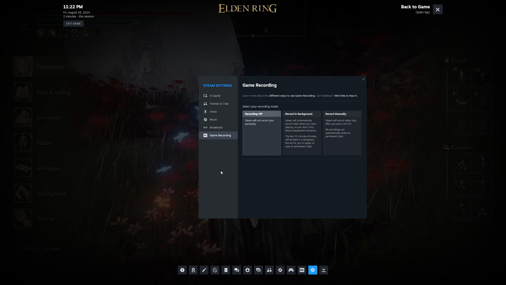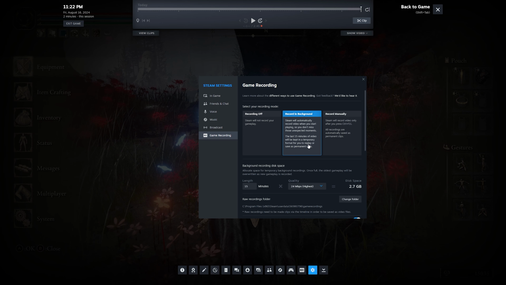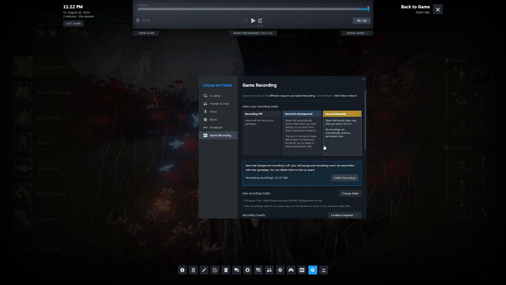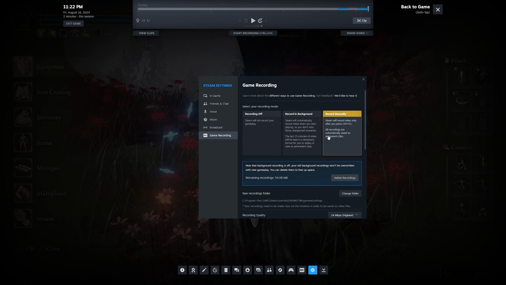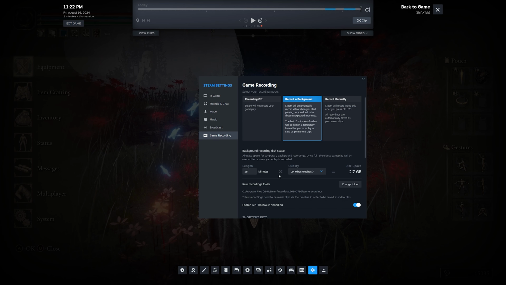And you have three options. You have off, so no recording is happening. You have record in the background, where it records a certain number of minutes on a loop, and then you can save out a clip from that recording. Or you can do it manually, although I will say, just off the bat, that no matter what you do, the recording loop, at least right now, is always on in the background, and you can't really turn that off even if you're not fully using it. But for my purposes, I like to use the record manually function, and each one of these has their own